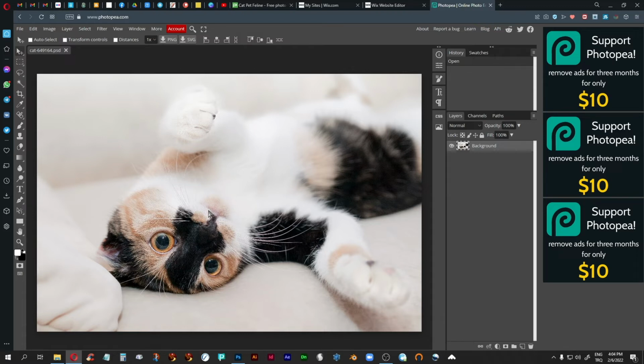However, what I want to do with this image is I want to keep the face and just make everything else a little bit darker, but keep the face in the exact values that we have right now. So